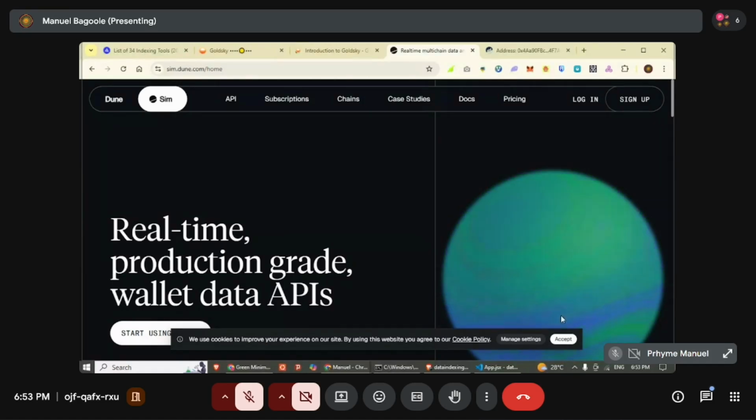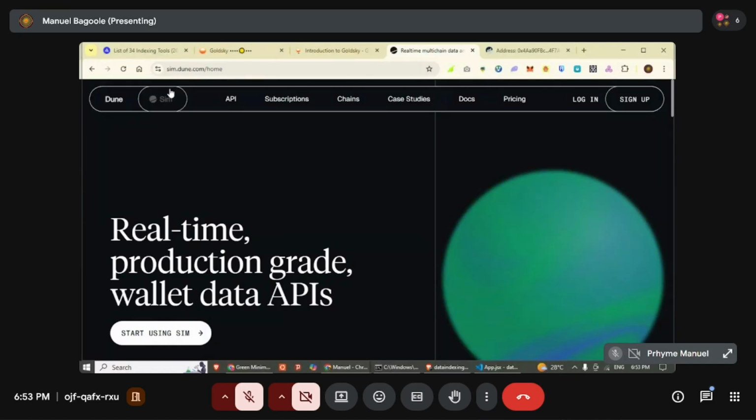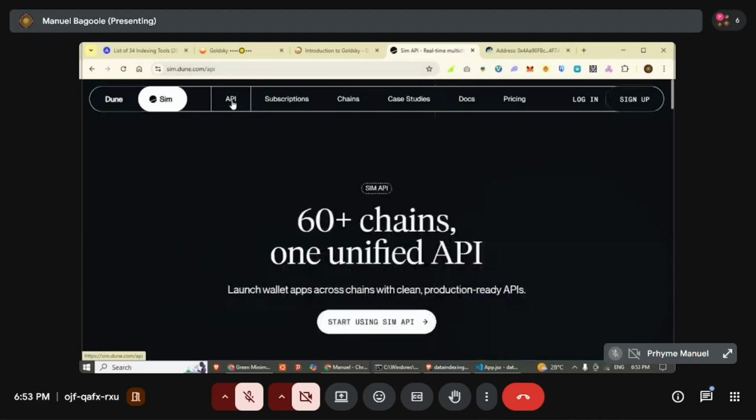So on the SIEM's site, there's an API. It says 60 plus chains, one unified API. This is very powerful. Because imagine, there's a number of blockchains, but if you wanted to get data of all these blockchains,